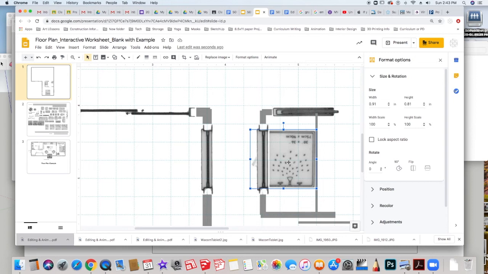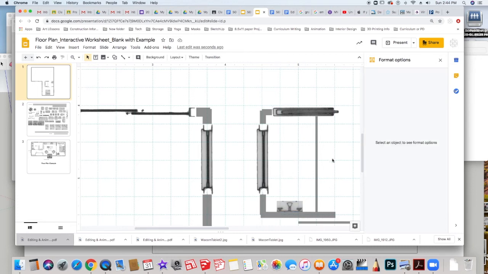And so to edit any image in Google Slides or Google Drawing, you double click on the inside until you get these handles here. Then you can grab these handles, cropping the area you want to use. Now I'm going to crop it so that I only get the shower. And here I'm going to hit enter. Now I'm going to put that into position so that it indicates where the shower head would be.